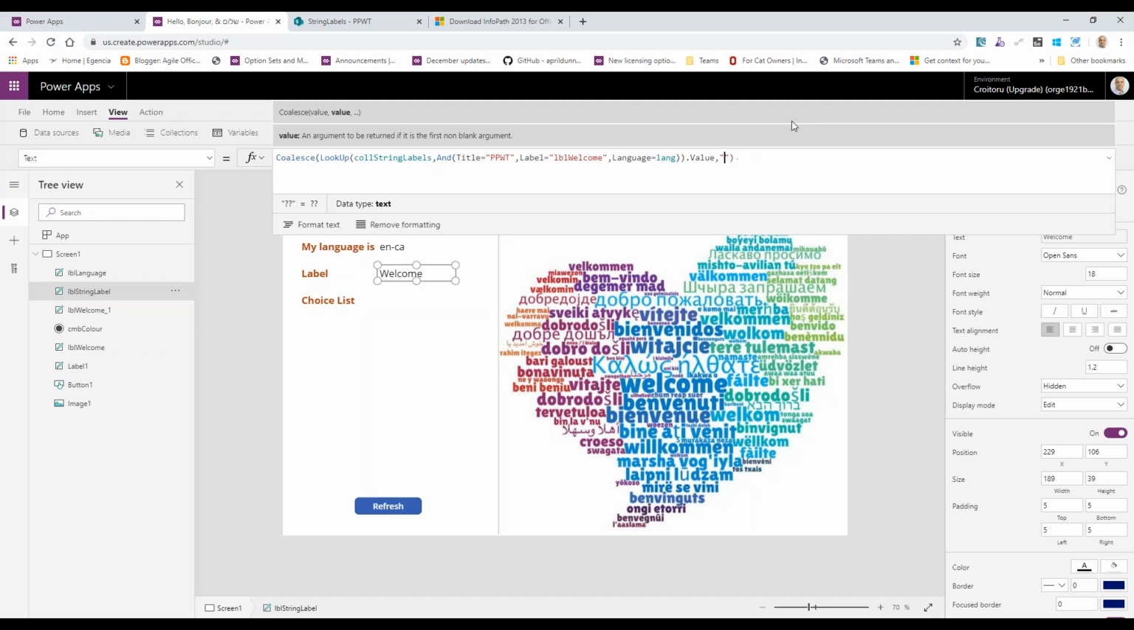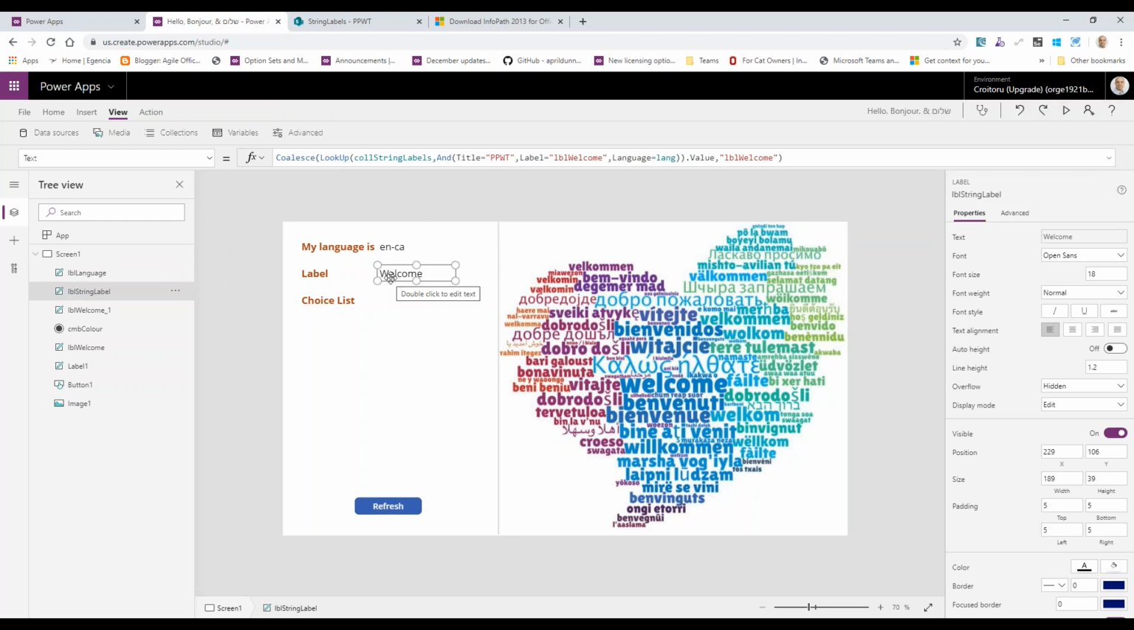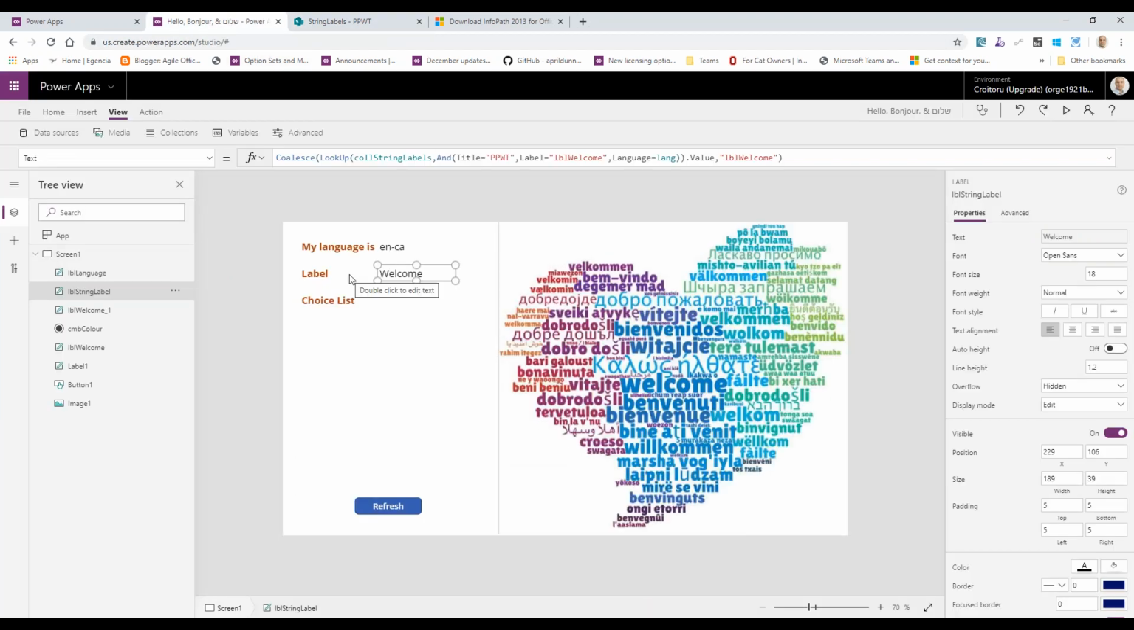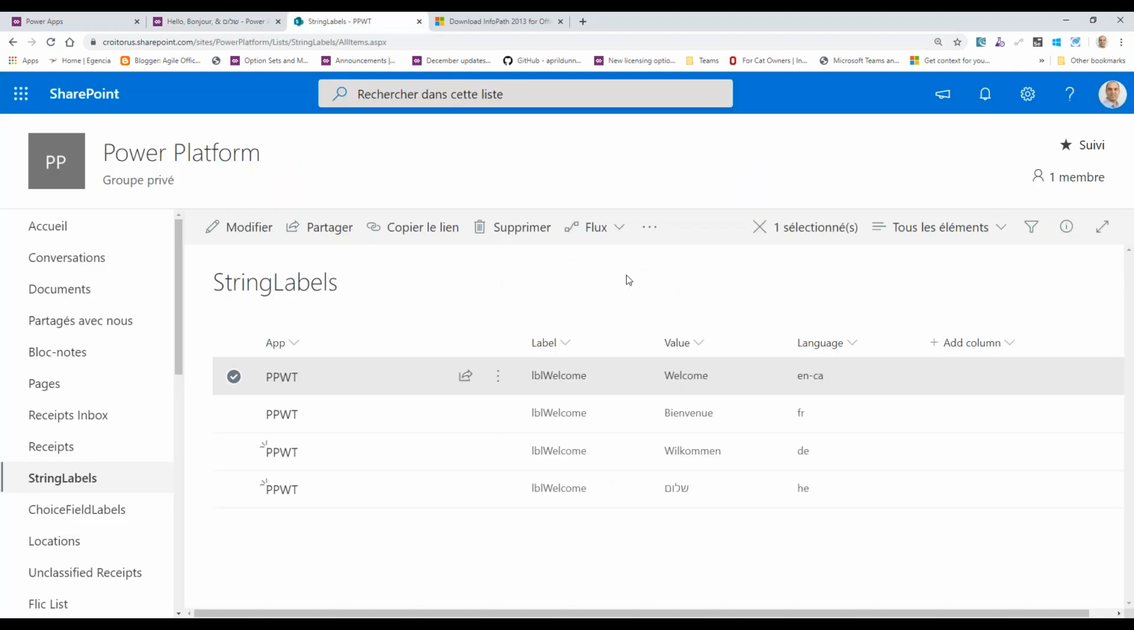What I would normally do is put in here LBL welcome, so that if for whatever reason it cannot find my label, I know what I have to add. Because imagine this could be hundreds of labels or thousands of labels in my list. But if you just look at a Power App as a communications person, you wouldn't know the name of the label you're missing. So right now, if I go and I change this back to